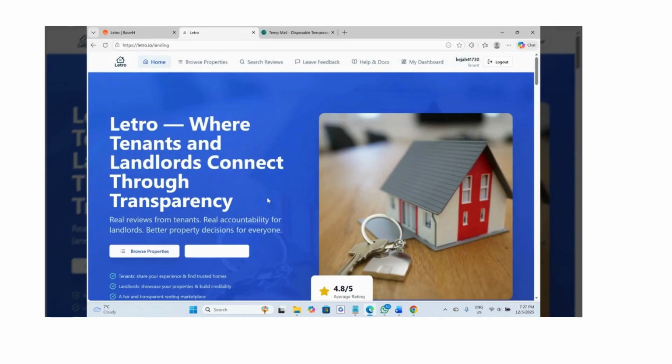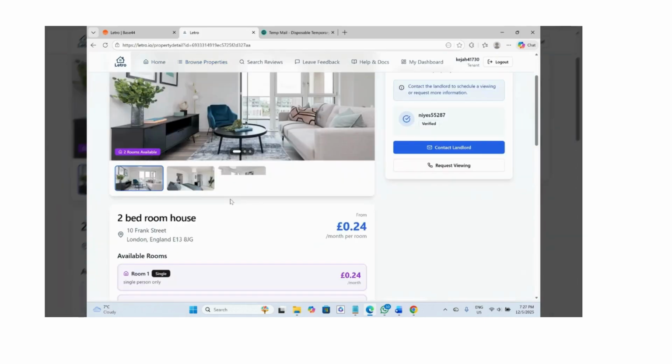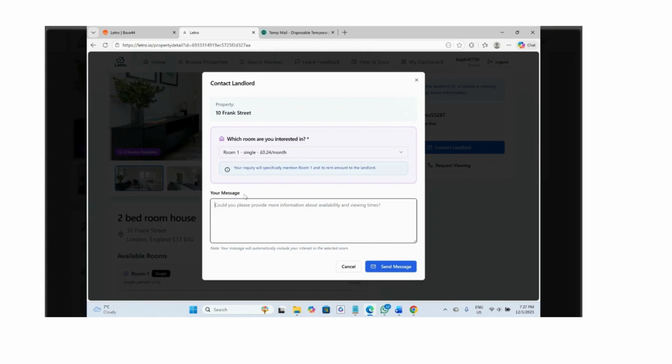Now go to browse property, then click on this property and you'd like to contact regarding this single room. I'd like to view this property. Send the message,